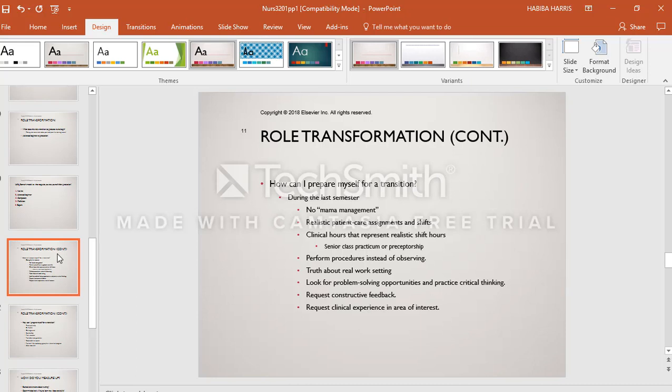And although it is scary, I think it's important that you push for that for yourself so you know how to prepare for that transitional role. So I think that clinical hours need to represent more of a realistic shift, because the reality is we don't shift from 6:30 till 2, we shift from 6:30 to 7:30. So I think that especially seniors or older class members who are ready to graduate need to focus more on learning how to do that, because that can take its toll on you after 13 hours of trying to learn, be a good nurse, be efficient. It can be very overwhelming.